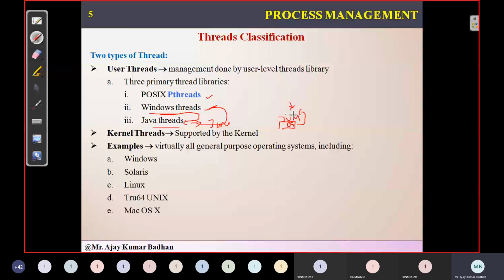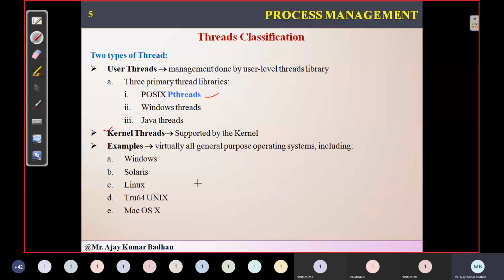Whatever program you are running is executing here, but since resources are required, the operating system will provide resources to this particular JVM. This is what it is saying in this scenario. So with Windows, it is Windows threads. POSIX will not do that. POSIX will be using P threads only. Even if you install Java in your system, P threads will be controlling the Java threads. That's what it's saying. Kernel threads, as I told you, are supported by the kernel itself.